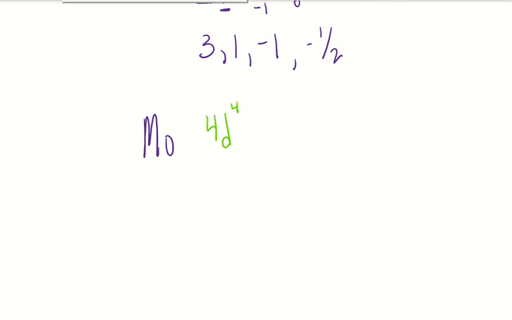Molybdenum is an exception, right? So, if we write it out, we would write it out as 5s2, 4d4, but because it's an exception, we borrow 1 from the S to have a half-filled